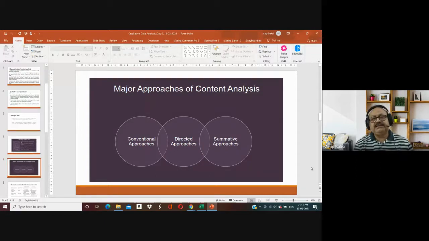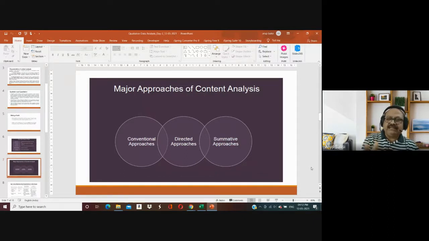In case of summative approach, what happens? A study using a summative approach to qualitative research, qualitative content analysis, is identifying and quantifying certain words or certain characters or certain, you can say, categories, on a simple purpose of contextualizing them. So in a summative approach, you are not focusing on the manifested level of the content analysis at all. So you are trying to understand only why certain